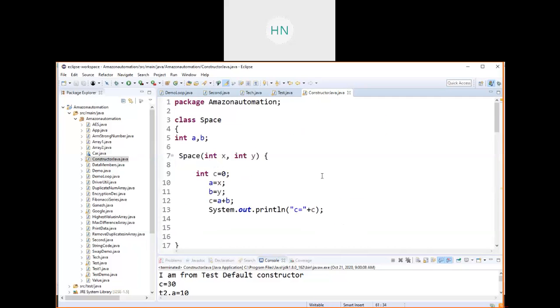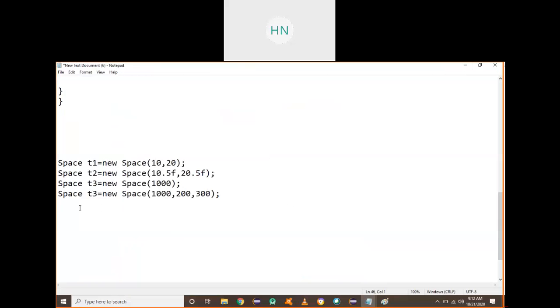Object parameterized constructor. One more concept is this. You can send an object as a parameter to your constructor. That is nothing but object parameterized constructor. Sending an object means like this: I will create one object here, T4, T5. T5 equal to new of space.